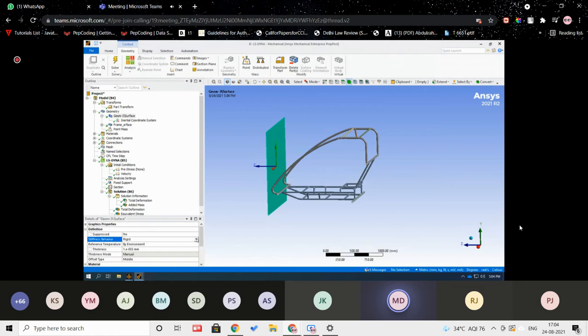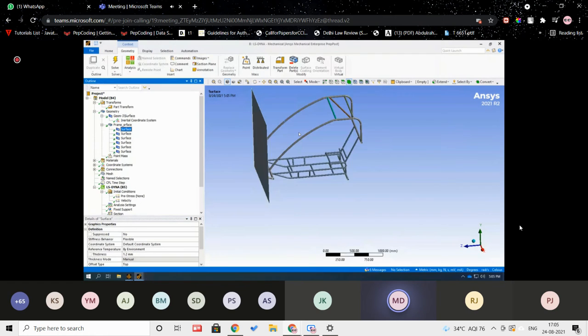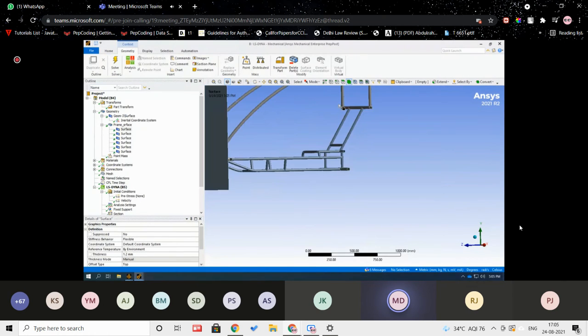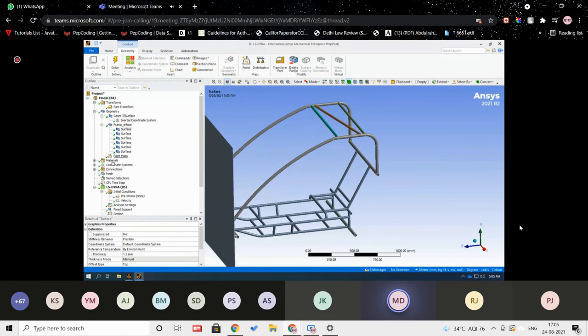After defining the rigid body here and defining the material and thickness of your frame, let's suppose you have varying thickness for these members, and different thickness for these and all. What I have done is I have defined the thickness and material, and in the design or maybe SpaceClaim itself, I have shared the topology of these parts, so that my mesh has continuity. It should not have any discontinuity.